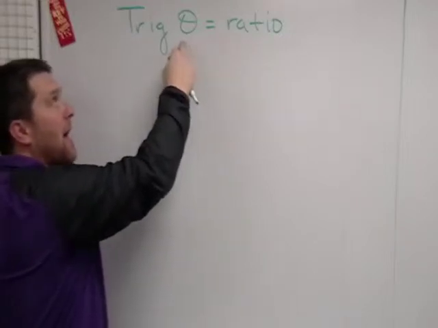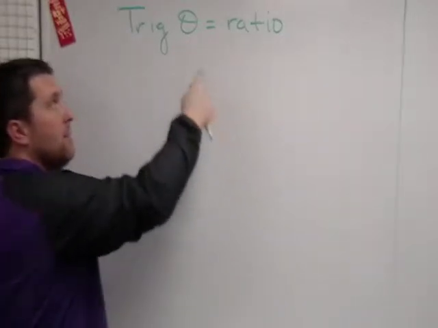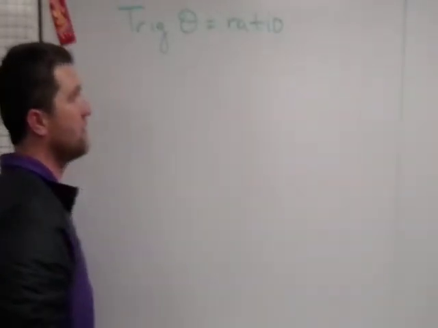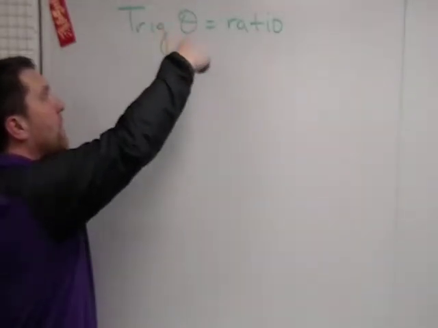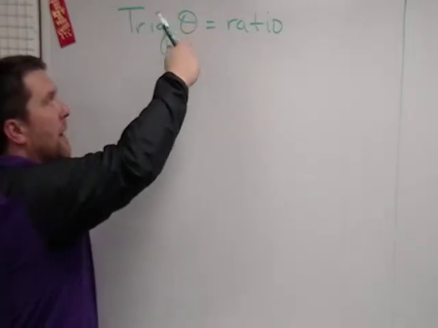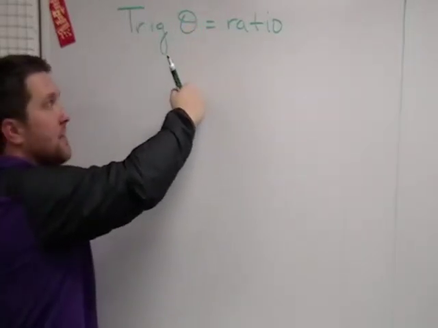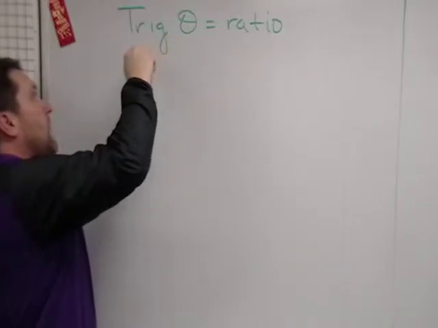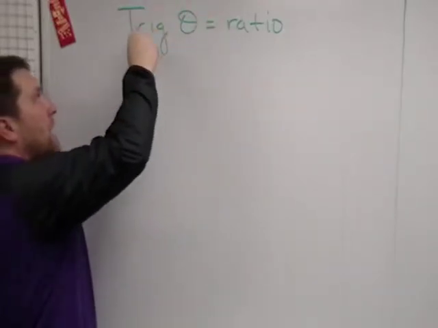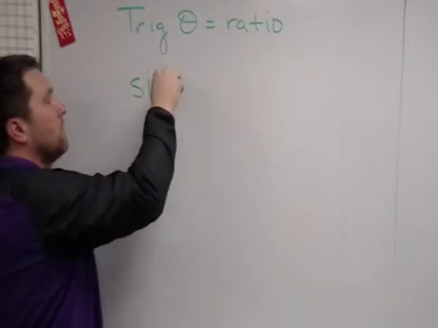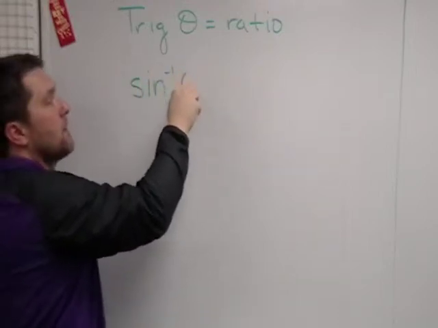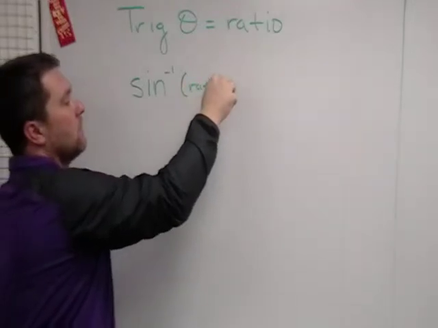Now, a lot of the angles you're going to have to do on your calculator. But if it's a 30, 45, 60, or on an axis, if it's one of those reference angles, you can do it in your head. All right? So this should really never be restricted except for when you get something divided by 0. Now, you've been doing that a lot. Now, when you take sine inverse, you're going to take sine inverse of a ratio,